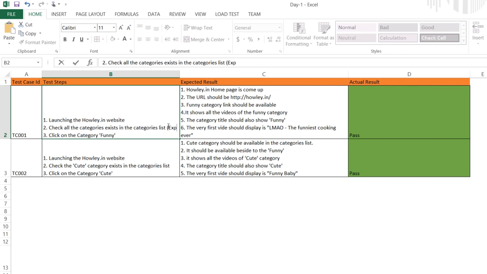For example, I will give some names here, which will actually go as a test data column when we discuss next. But this time I'll just make it funny, cute, etc. So now I'm writing it as only one step. Check all the categories exist, and then